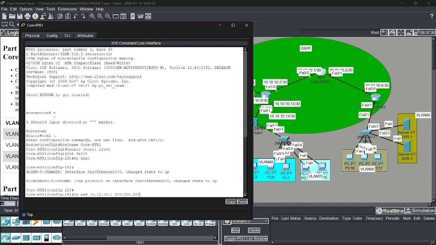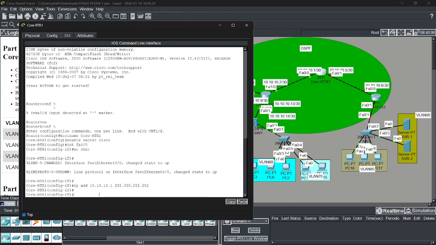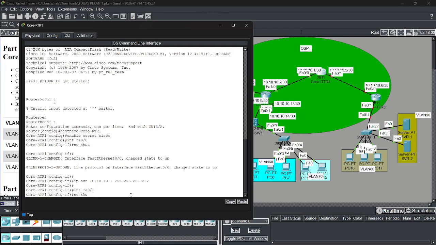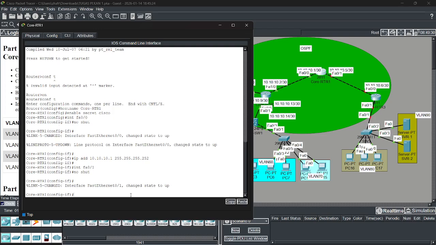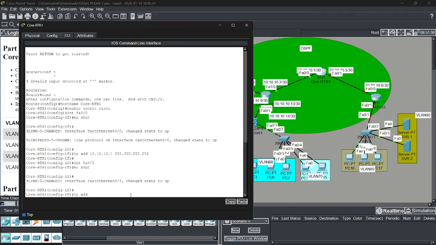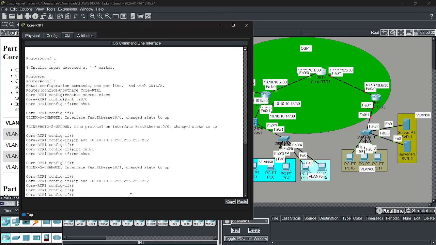The subnet is 252. Okay, same for core router 3. Interface FA0/1, no shutdown, and then we add the IP address 10.10.10.5, and the subnet mask 252. Okay.